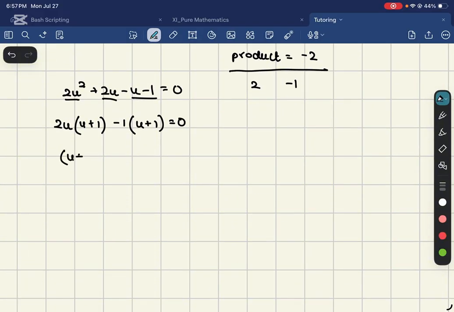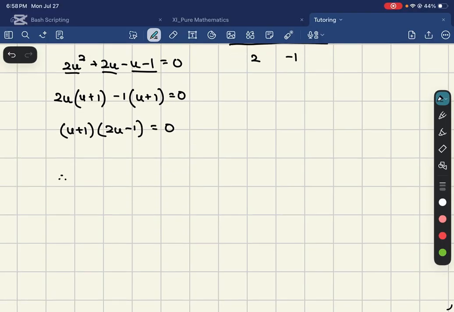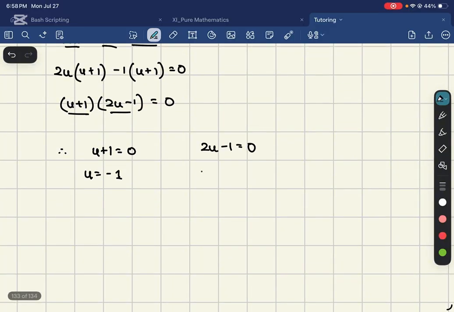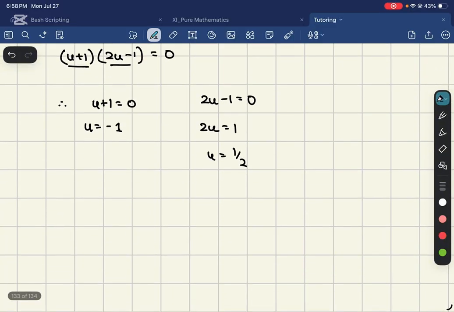And now when I factorize out u plus 1, I get u plus 1 times 2u minus 1 is equal to 0. So therefore, I have two solutions. U is equal to -1 from my first term, right? I can set u plus 1 equal to 0, which gives u to be -1. And from this term, I know 2u minus 1 is equal to 0. So 2u is equal to 1, and u is equal to 1 over 2. All right, so u is just sine of x